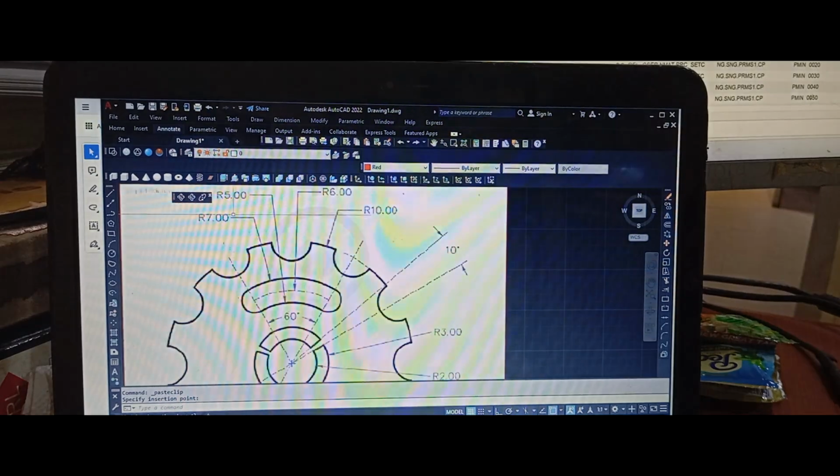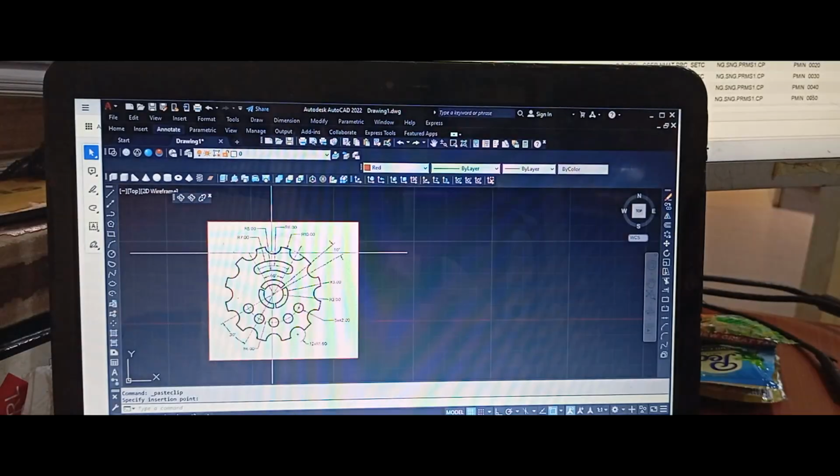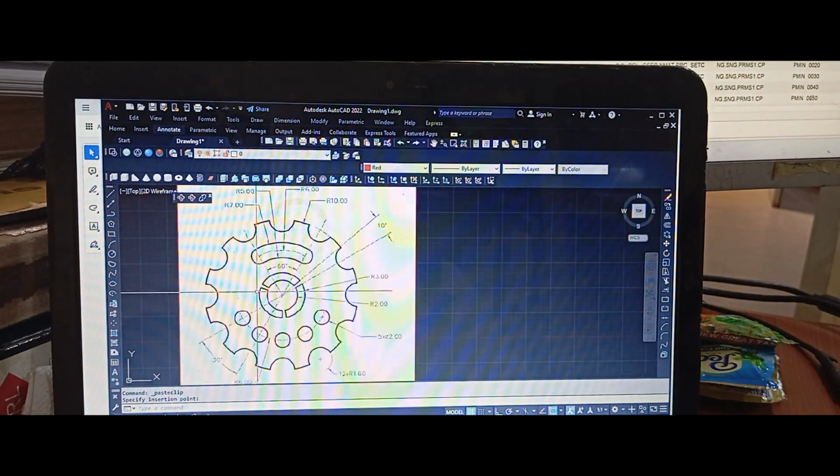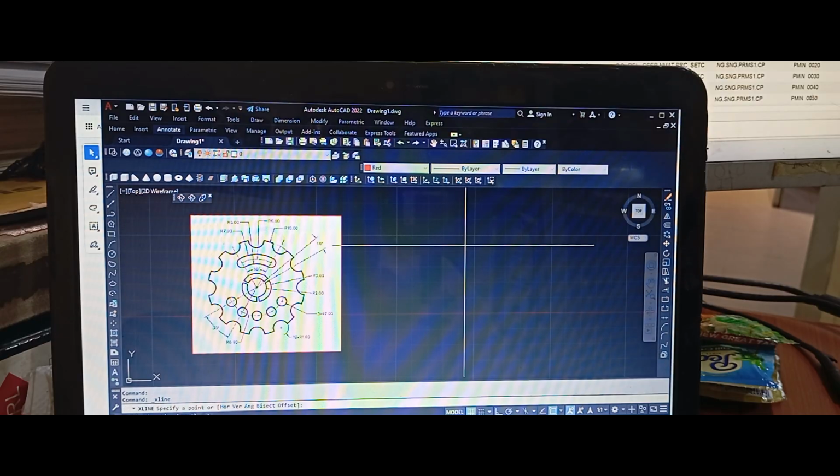Yeah, this is what we want to draw. So what I'm going to start with is the vertical